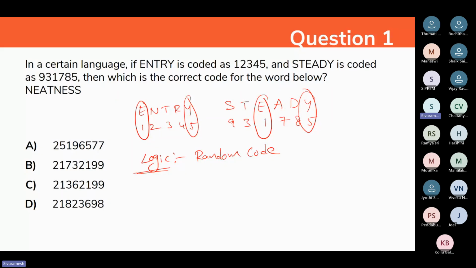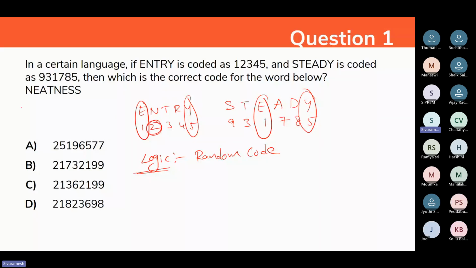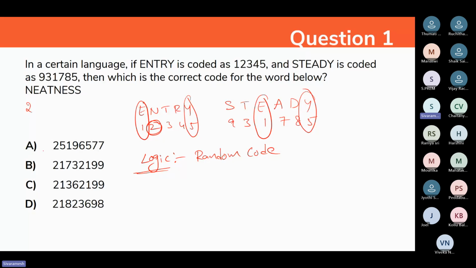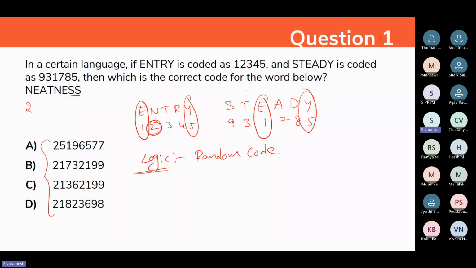What you just need to do is identify where the alphabet N is. N means here 2 obviously, and my sincere suggestion is no need to waste time checking the entire word neatness. Now if you observe the entire code, you just observe the difference where it has changed. Let's say last we have 2s, correct? Now you just need to identify what is the S code. S code is 9, so obviously the last two values will be 9 and 9.